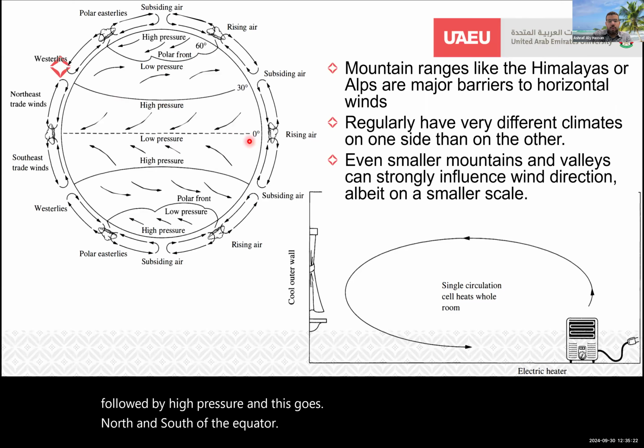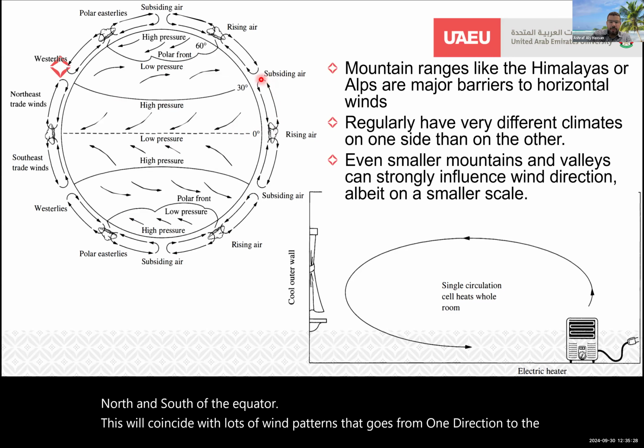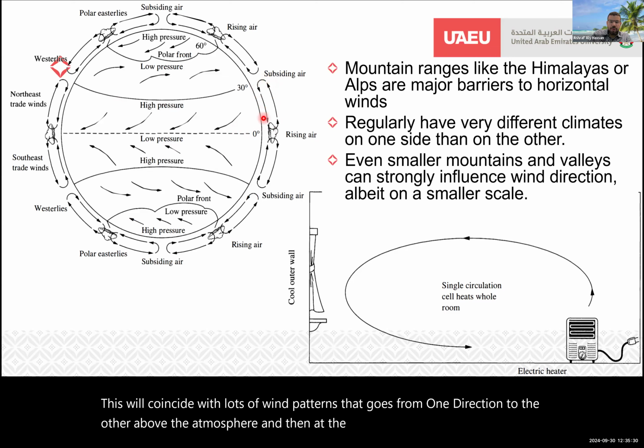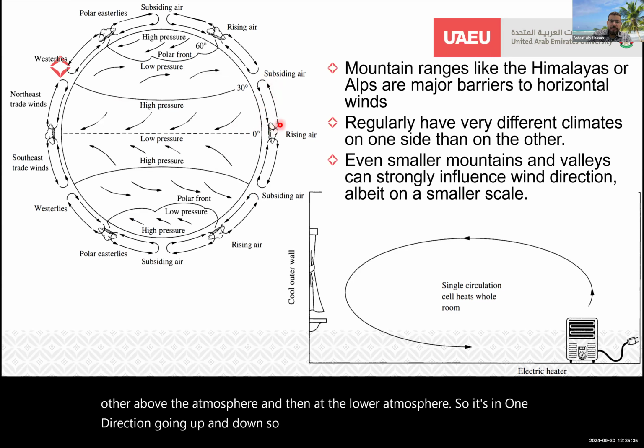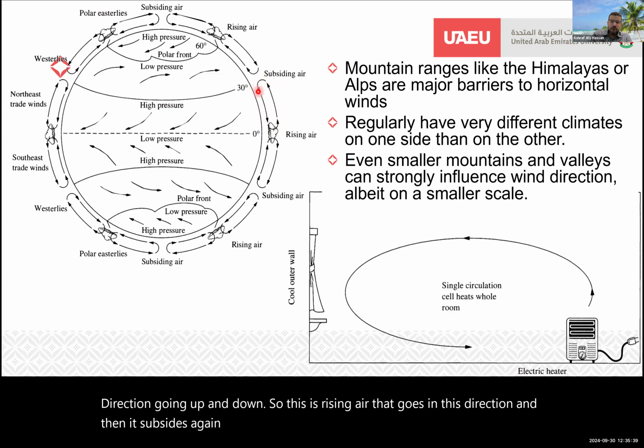This will coincide with lots of wind patterns that go from one direction to the other above the atmosphere and then at the lower atmosphere. So it's in one direction going up and down. So this is rising air. It goes in this direction and then it subsides again because of the high pressure, and then it goes in